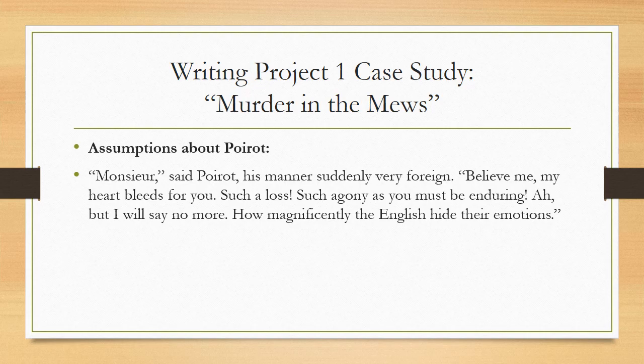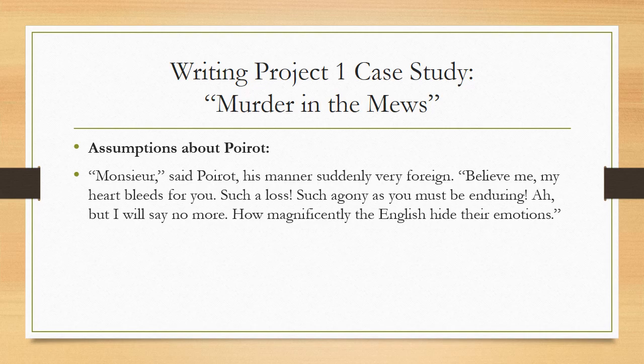So he has kind of a stereotype about the English here, which connects to something we discussed in our previous lecture. And it connects to the suspect, right? Because the suspect seems surprisingly unemotional when learning about the death of his fiancée. And so Poirot might be kind of goading him, trying to make a comment. Maybe he's being ironic, but it also means this guy's emotions, or lack thereof rather, might not mean he's the killer, even though he's not showing much emotion at the death of his fiance.